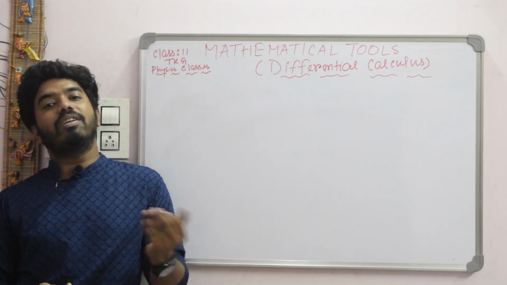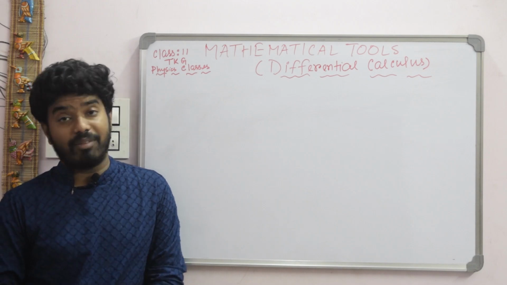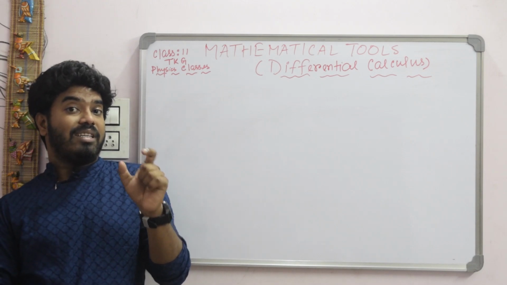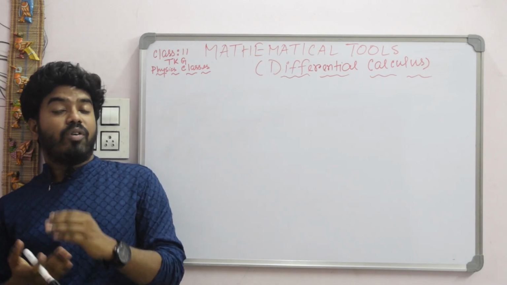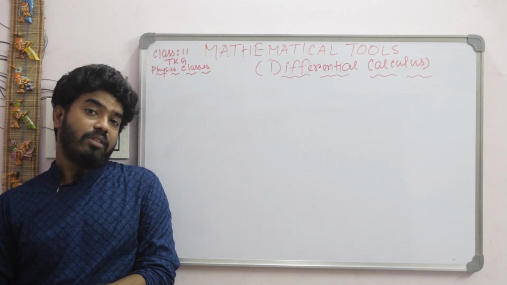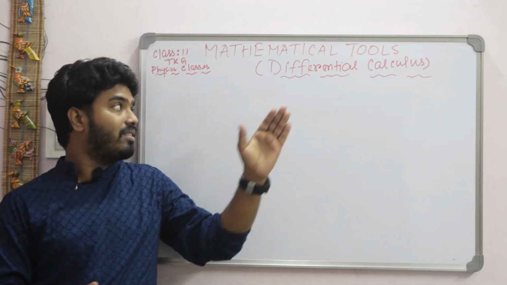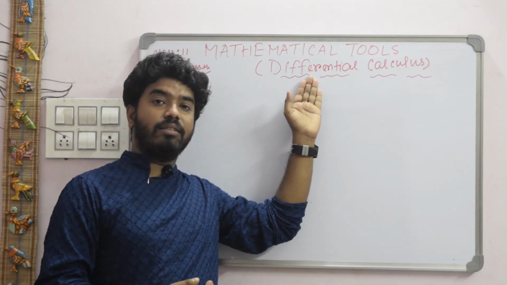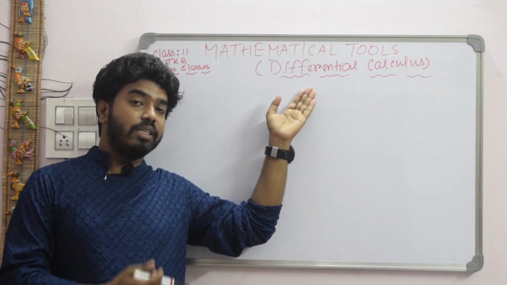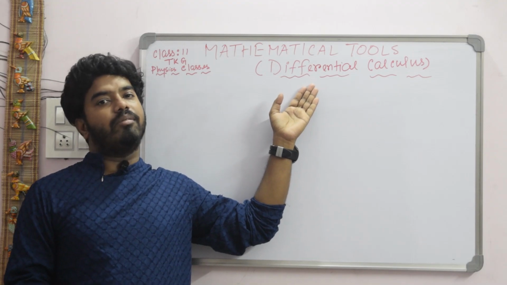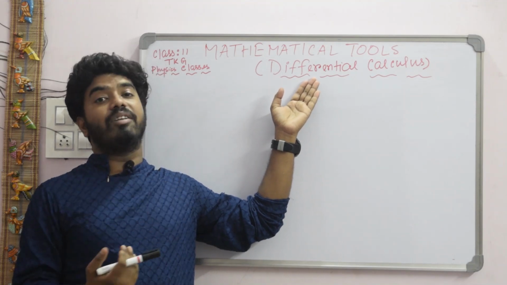So students, in the previous class we were talking about speed and velocity and the calculation of speed and velocity. There is a term named instantaneous speed and instantaneous velocity. For calculating instantaneous speed and velocity, we need to know about differentiation. This is a chapter of mathematics in your class 12. Now for physics we need to know a little bit about differentiation and integration, which is the opposite of differentiation.